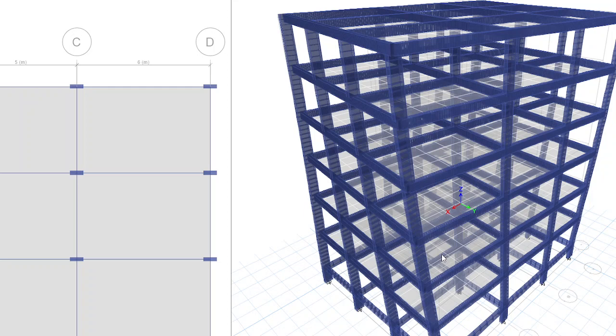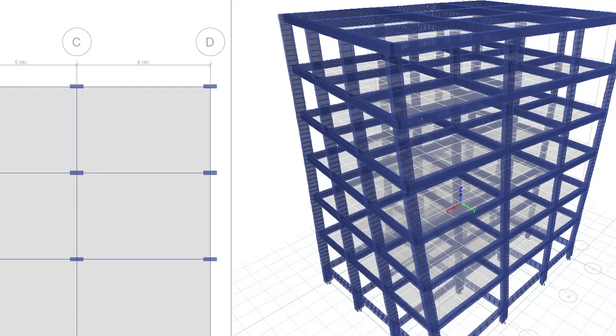That is mode 2. If you read at the top of the window, mode shape, mode 2, and then the time period will be there. Similarly, you will get 12 modes.